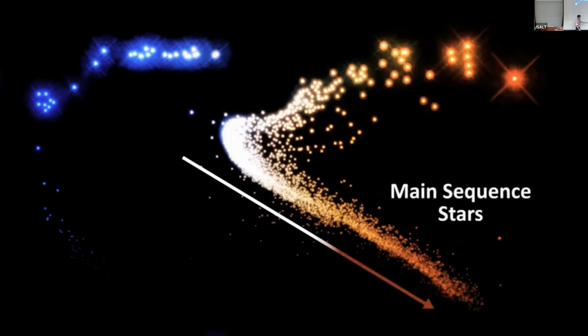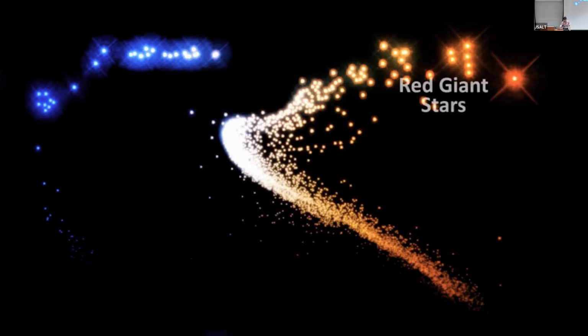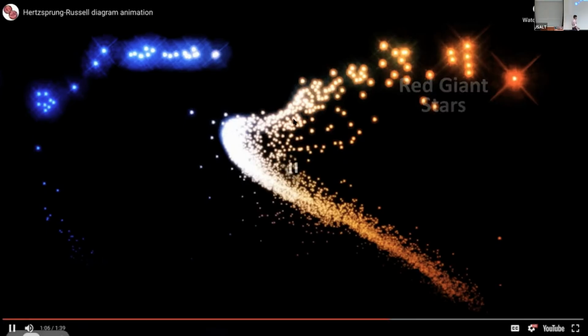Main sequence stars are shown here. Main sequence is basically this big sequence of stars right here, from the lowest mass stars. Low mass stars have less gravity, so they are less able to get very, very hot, and less able to fuse very, very heavy elements. They also burn at a cooler temperature.